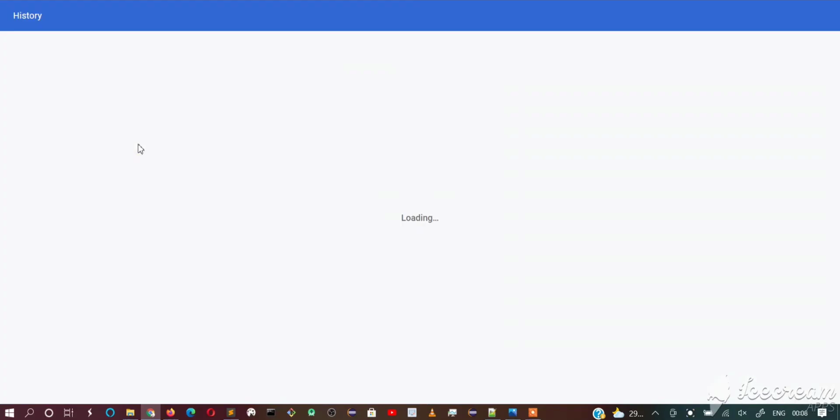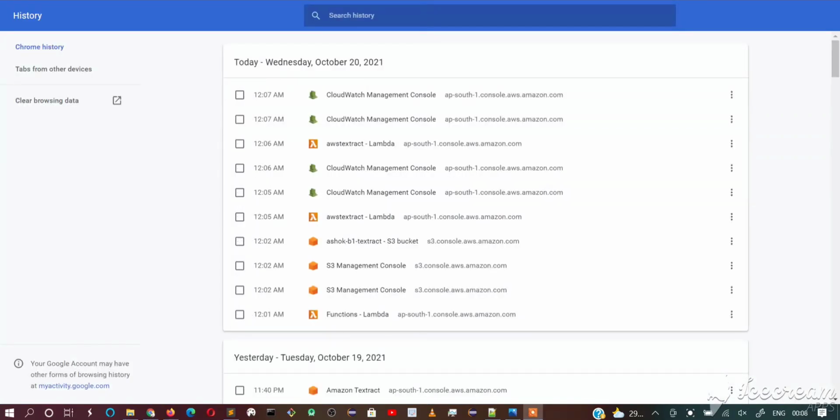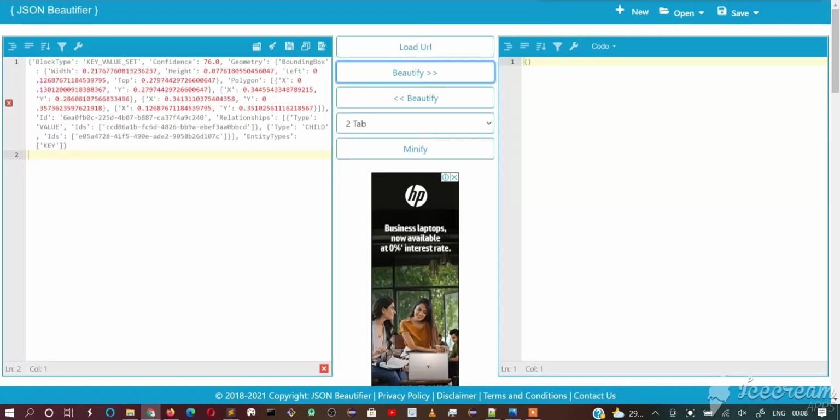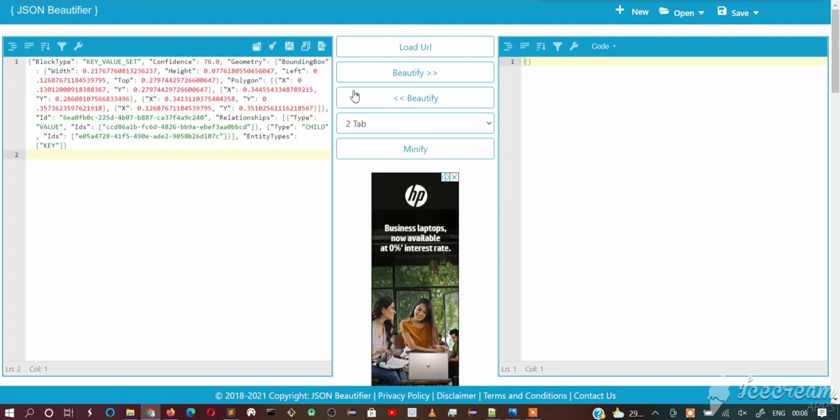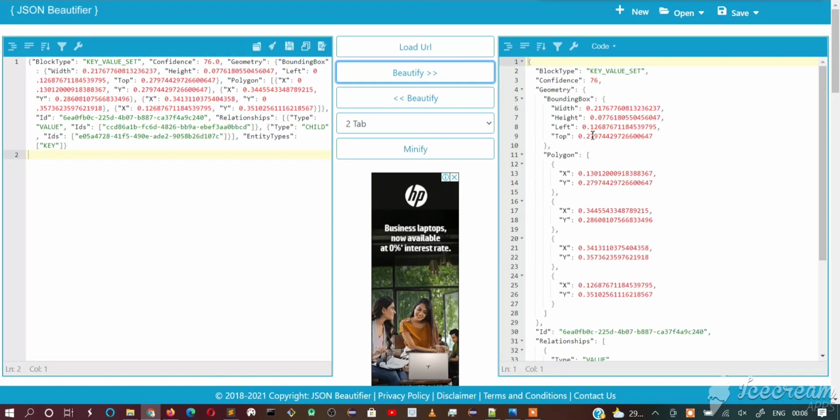Let's replace single quote to double quote. And let's beautify it. So here you can see the structure of the block type key value set.